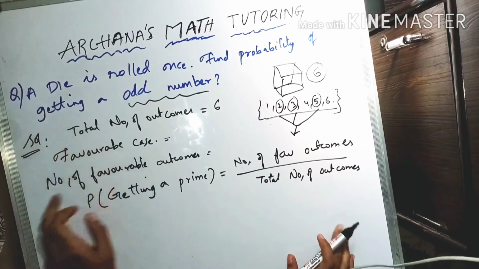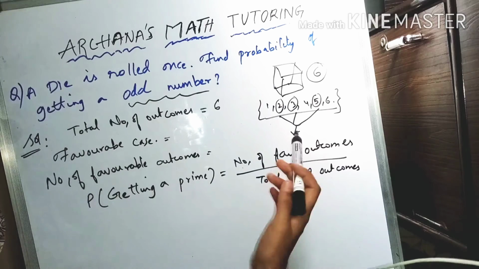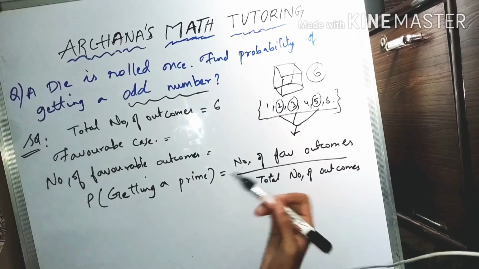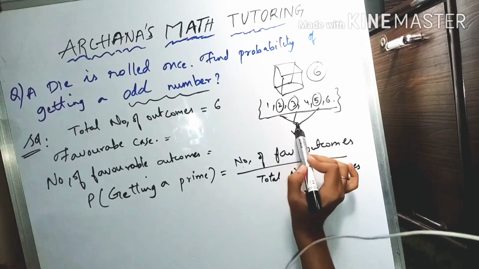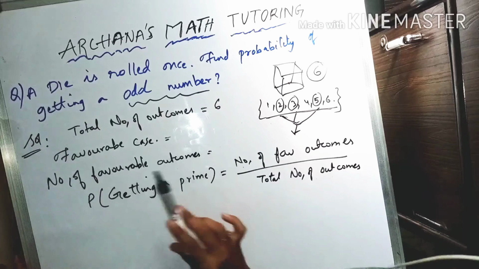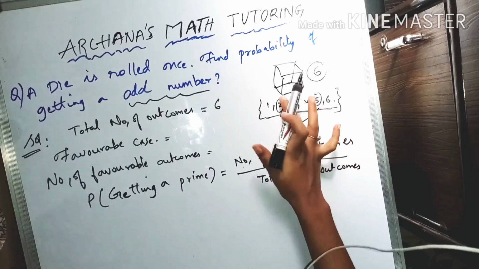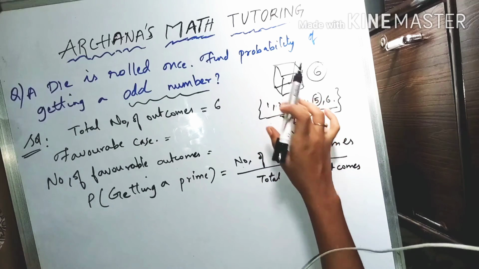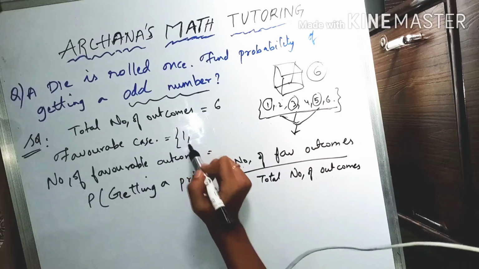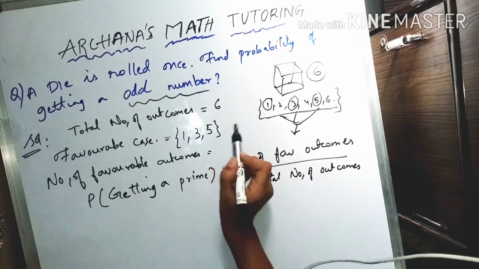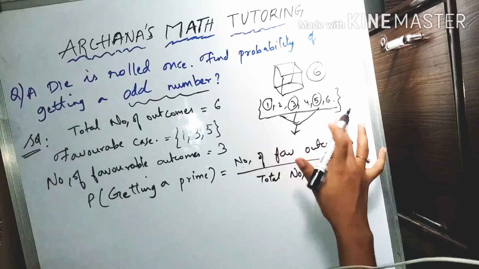So moving on to the next question, this is again a die is rolled, finding the probability that whatever number we get after rolling is an odd number. So we already know that there are 6 values on the die. So the total number of outcomes would be 6. For the favorable cases, we need to find what are the odd numbers from this. So 2 is not an odd number. 1 is an odd number. 1, 3 and 5. These are the favorable conditions for us. So there are totally 3 odd numbers among 1 to 6.